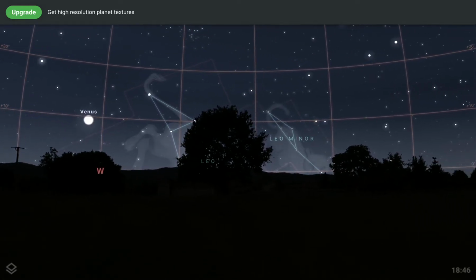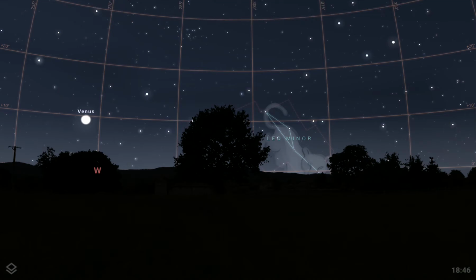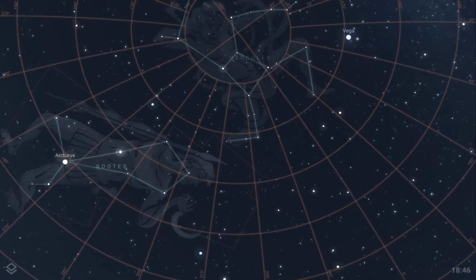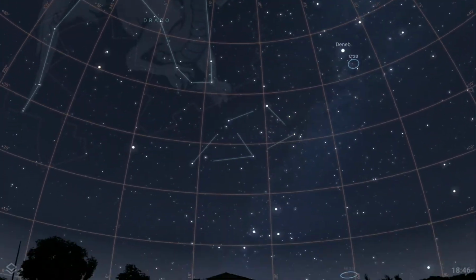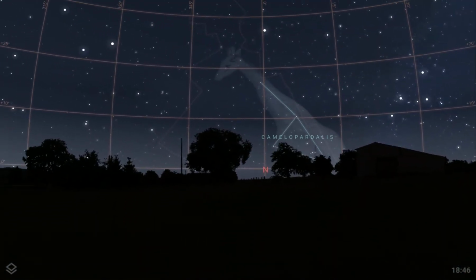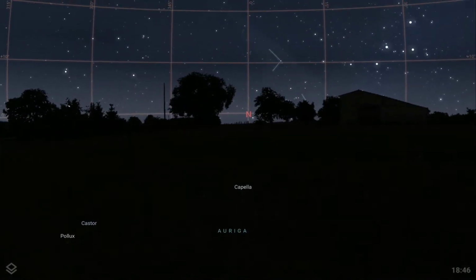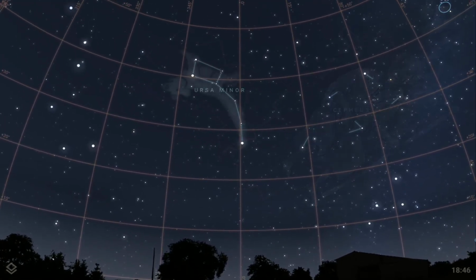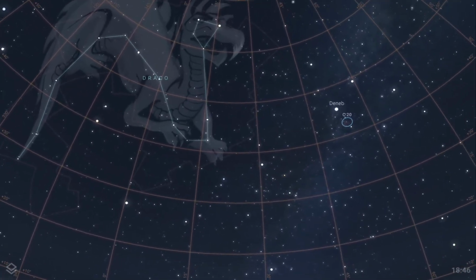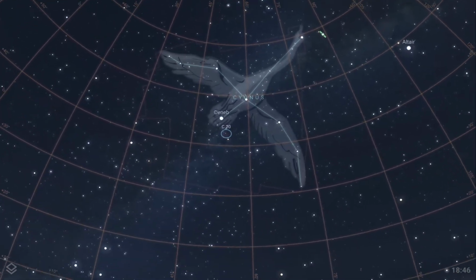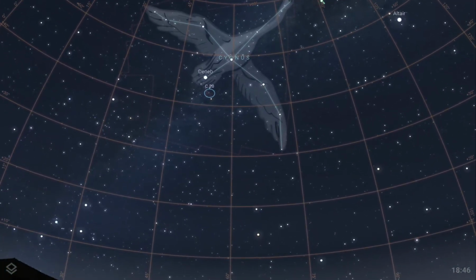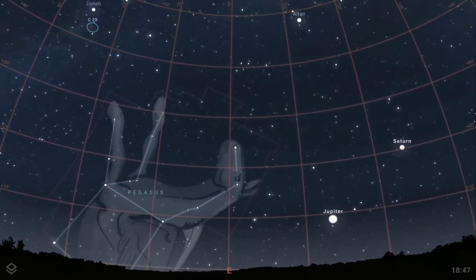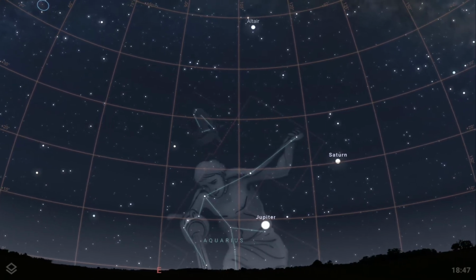For this you can sit at home and see what is happening around the world, how the stars are seen and all the things. First of all, what are the things that we can do from this app? As you can see, we can see constellations, which is the first thing. We can see many constellations. I will keep making videos about the Stellarium app, but for now I will just show you all the settings and what we can do.